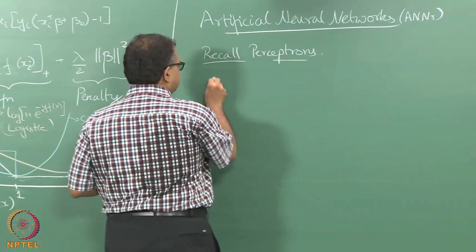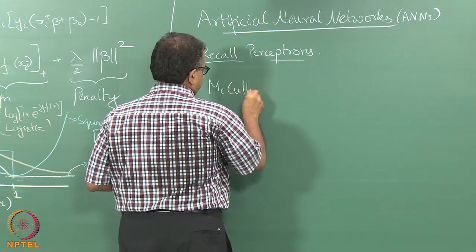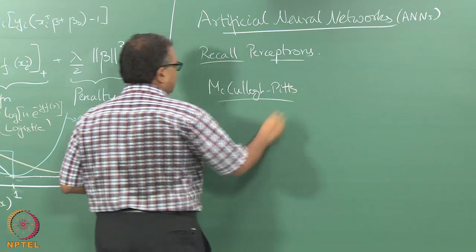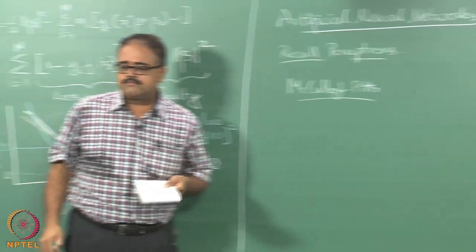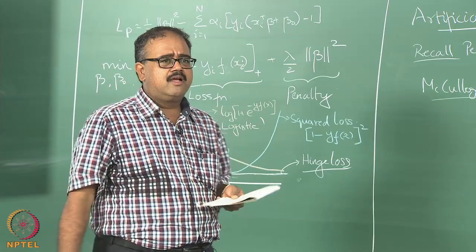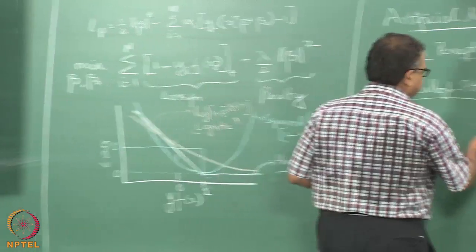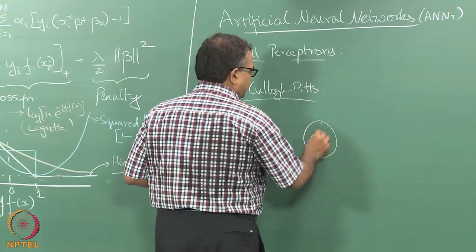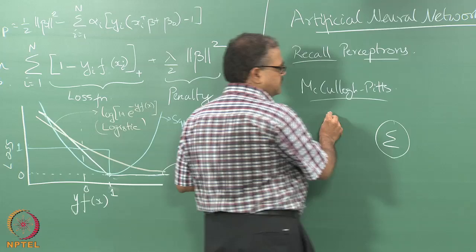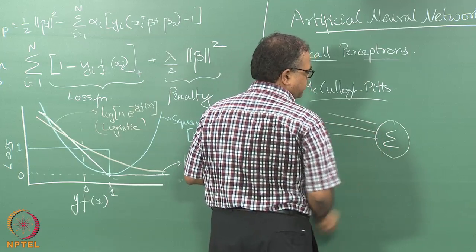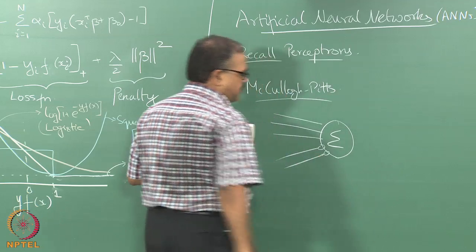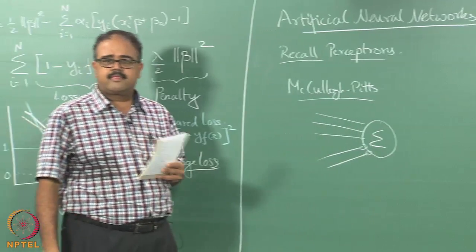So one of the earliest models of a neuron was the McCulloch-Pitts model, right. Which is a very simple model. So it essentially has a summation unit, right. So it has a set of inputs, right, and then it has a set of inhibitory signals,